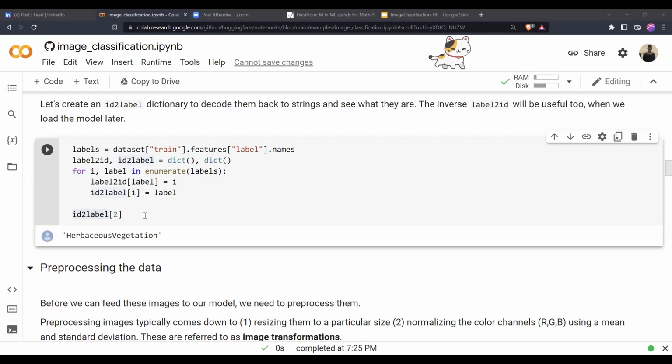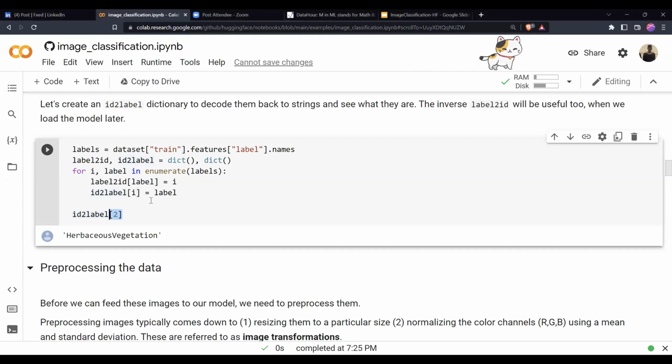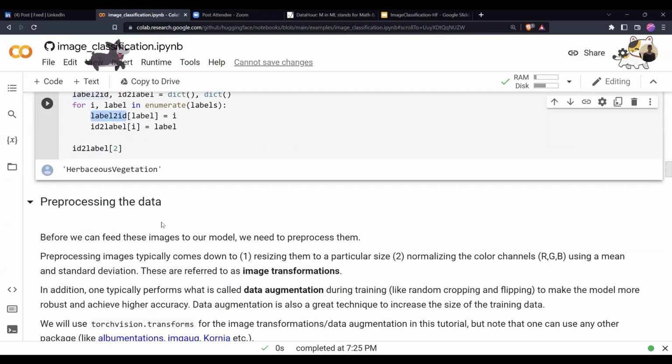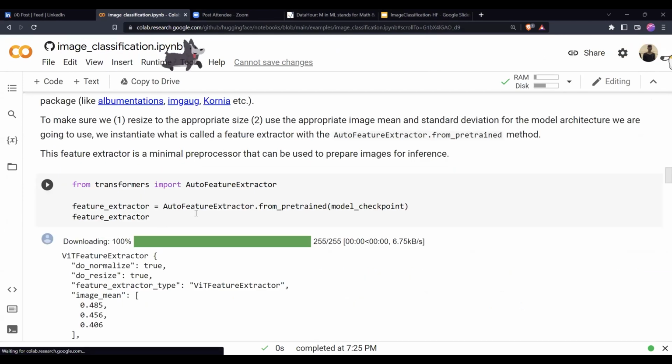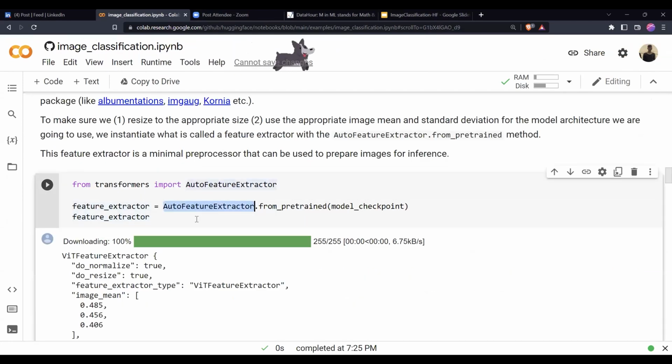Yes, sir. So here we are just creating id2label and label2id variables that map IDs to labels, and then we load. There is an important abstraction called AutoFeatureExtractor, and this hides everything. Like someone asked, is it about math? It's not about math, it's about magic. Magic is something that you don't need to understand, but you see it working.